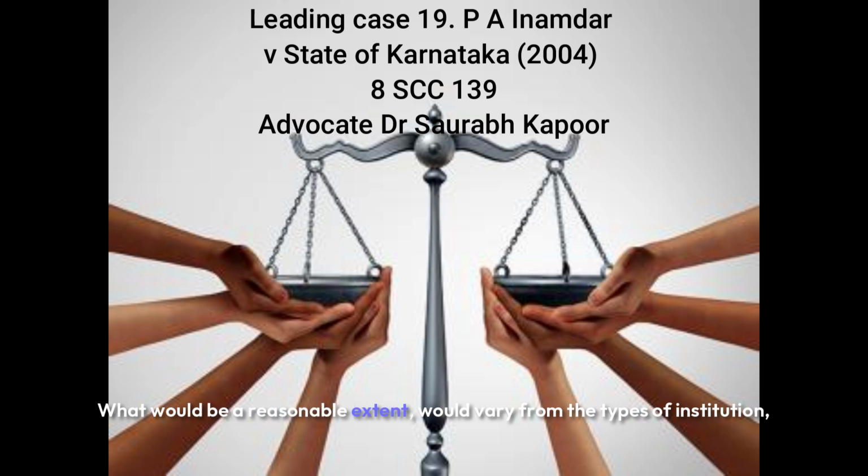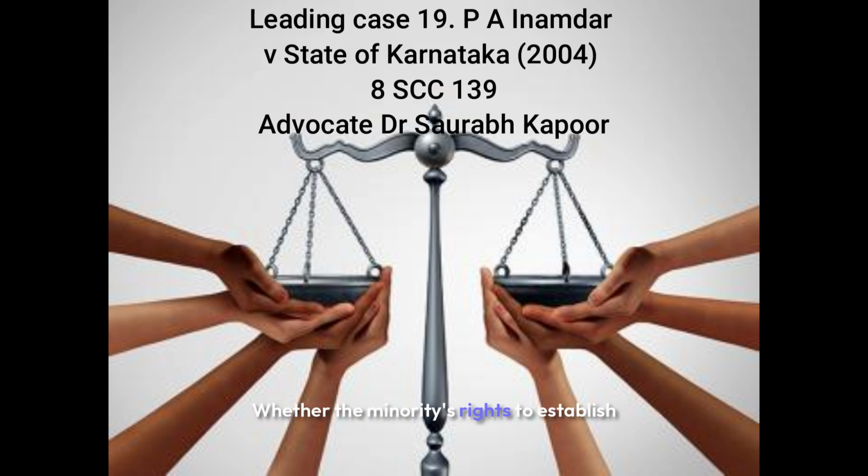What would be a reasonable extent would vary from the types of institution, the courses of education for which admission is being sought and other factors like educational needs. The state government concerned has to notify the percentage of the non-minority students to be admitted in the light of the above observations. Observance of inter se merit amongst the applicants belonging to the minority group could be ensured. In the case of aided professional institutions, it can also be stipulated that passing of the common entrance test held by the state agency is necessary to seek admission. As regards non-minority students who are eligible to seek admission for the remaining seats, admission should normally be on the basis of the common entrance test held by the state agency followed by counseling wherever it exists.